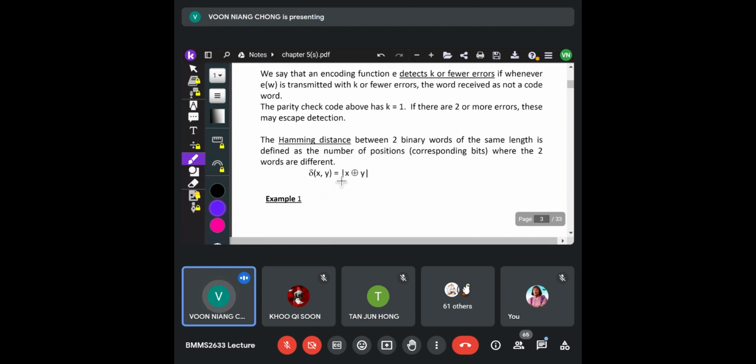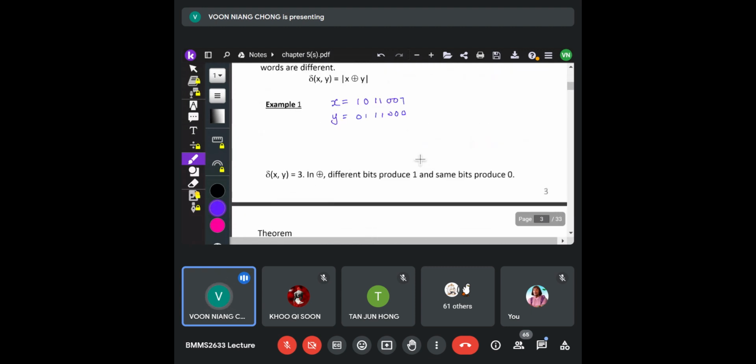To find the distance, we use the exclusive OR method. For example, if your code x is 10110001 and your y code is 01110000, and you want to find the distance for these two codes, then you need to use